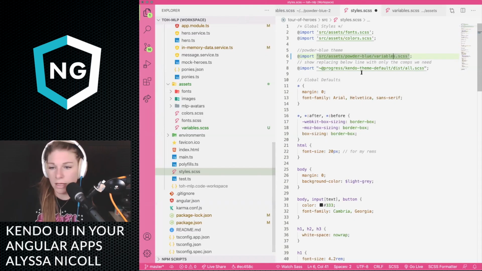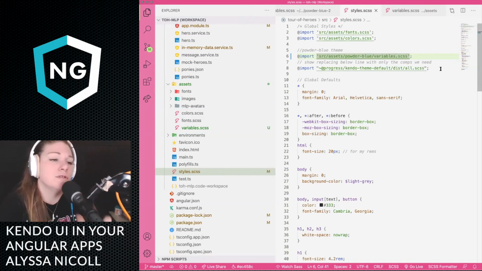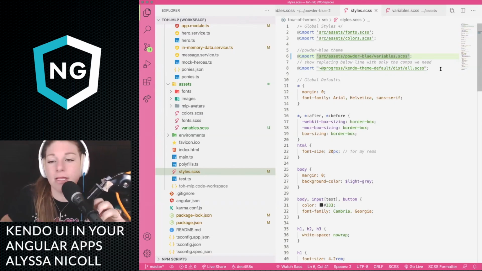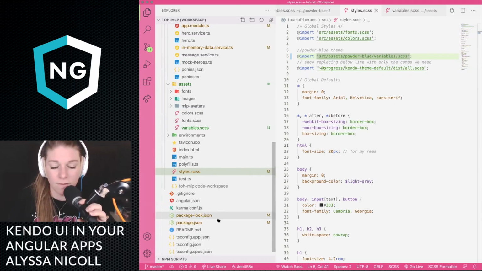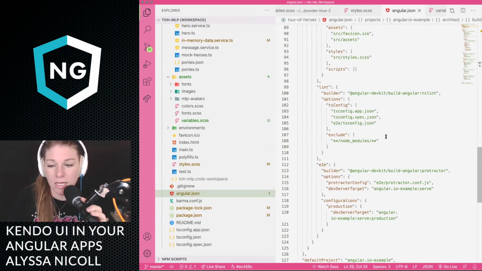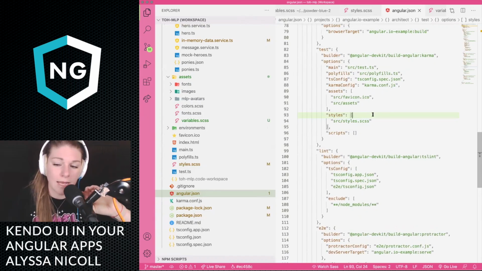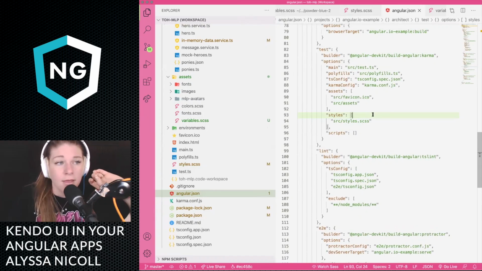And I think, yes, what I'm doing right now, whenever you use ng-add, I do believe that inside of your Angular JSON, inside of your styles, this is where it's going to throw the pointer to the Kendo UI themes and inject them.